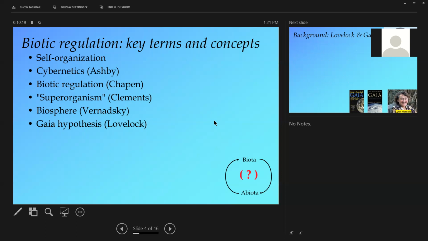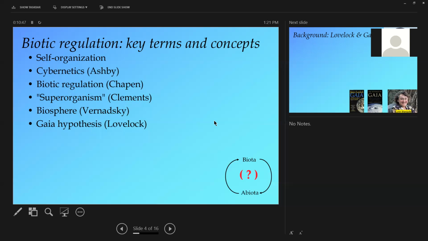There's a term that's sometimes used in systems literature called cybernetics. It comes from the Greek term for oarsman, someone who is regulating how a boat is being steered. Cybernetic systems are a class of systems that exhibit self-regulation. Again, I was just introducing this from very much the frame of ecology, where the term biotic regulation